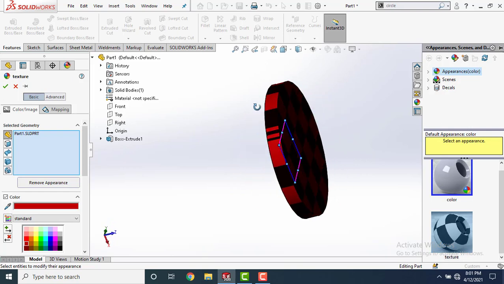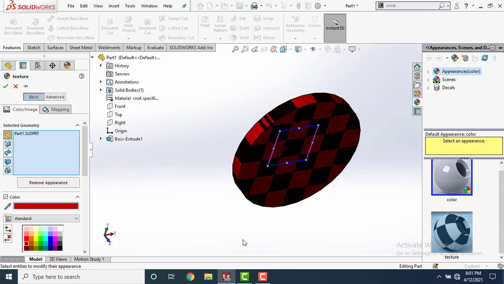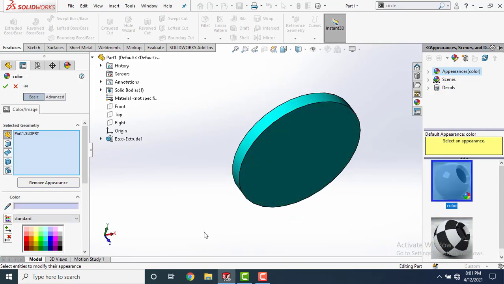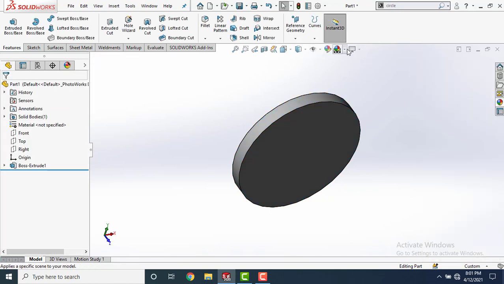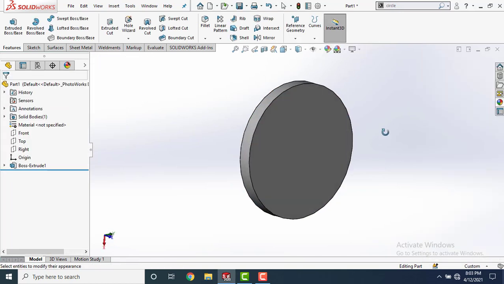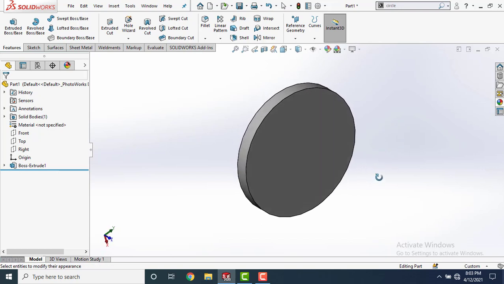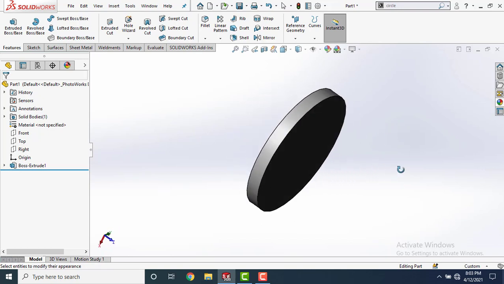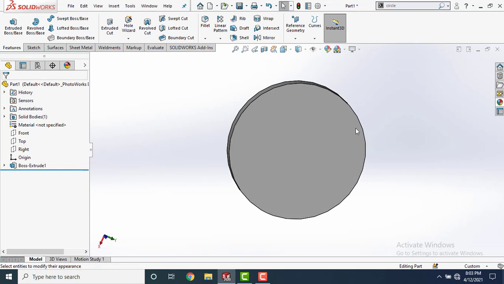You can give it a different color. If you want to rotate your model, just press the scroll button and move your mouse like this.